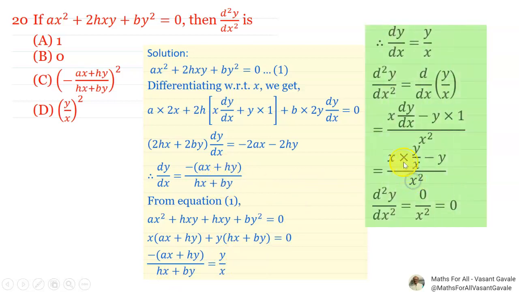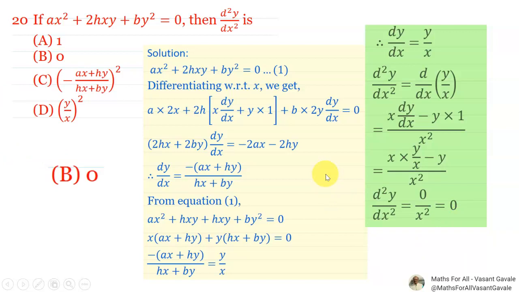आणि तीच व्हॅल्यू आपण इथे सबस्टिट्यूट करणार. Therefore dy by dx is equals to हा मायनस आणि मायनस, that is here minus sign हे minus sign that is nothing but the y upon x. Now differentiate this with respect to x. d2y by dx square is equals to d by dx of y upon x. Quotient rule apply करणार x into dy by dx minus y into 1 upon x square. Okay, x into dy by dx ची value y upon x minus y upon x square. Okay, next x get cancel, y minus y that is 0. 0 upon x square, overall you will get 0 and hence the option B